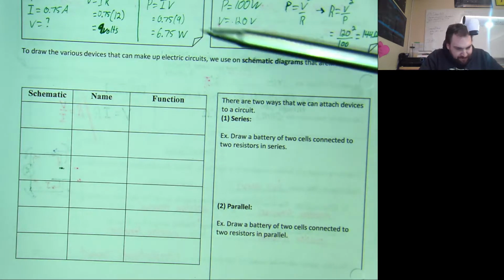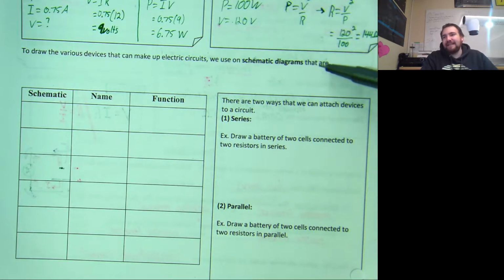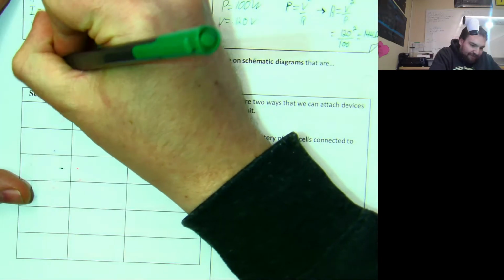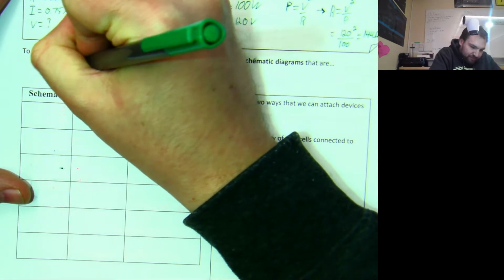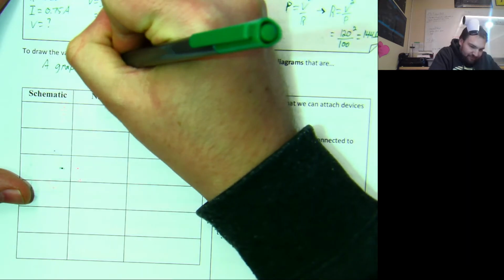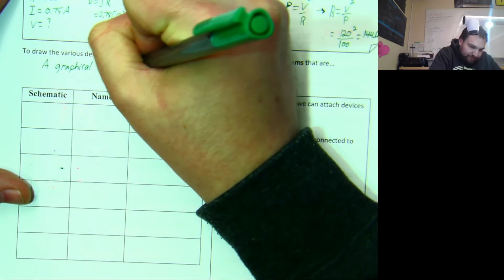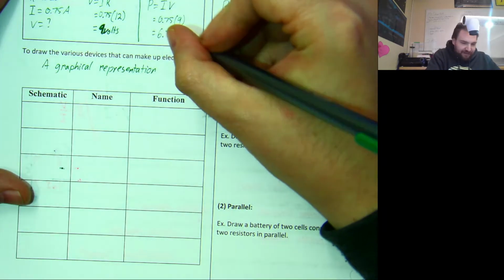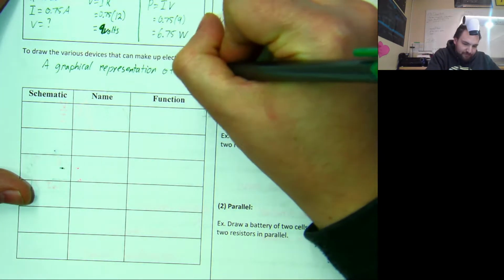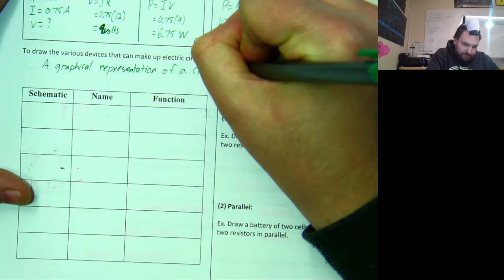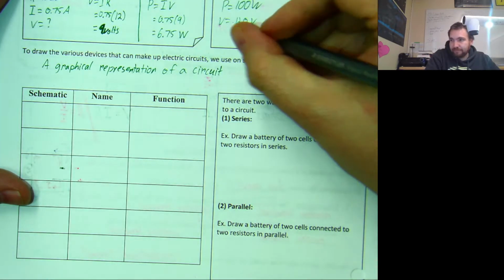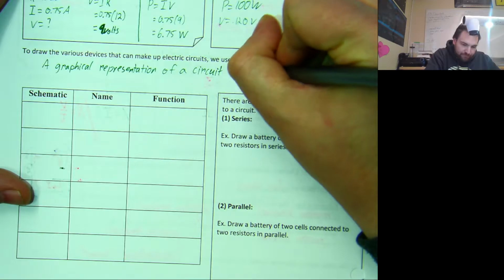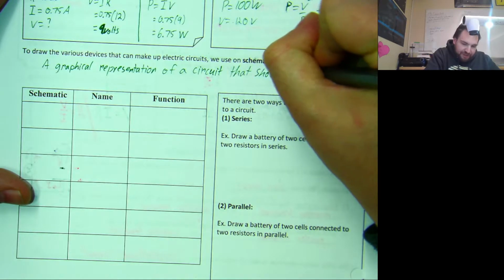So to draw them, we are going to use something called a schematic diagram. This is a graphical representation of a circuit that shows the components